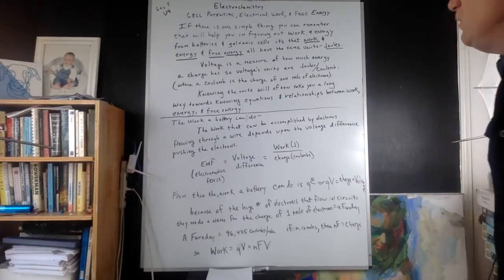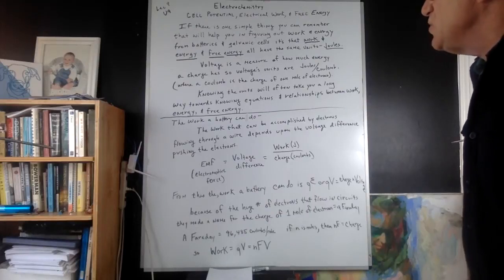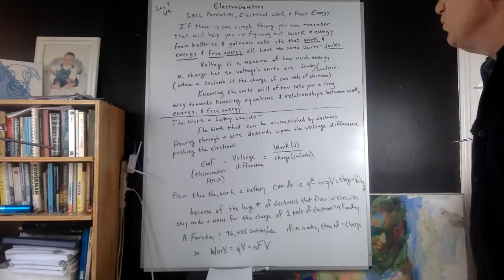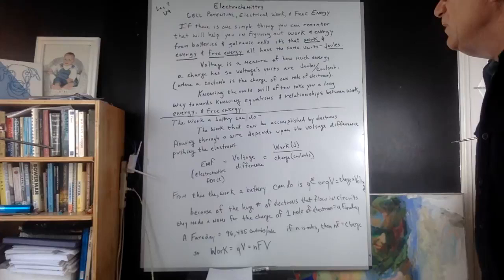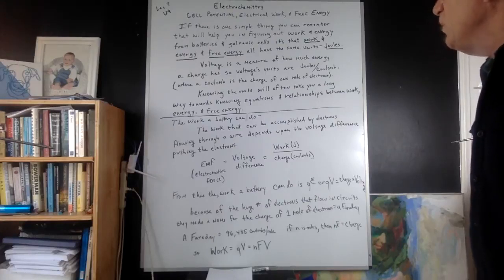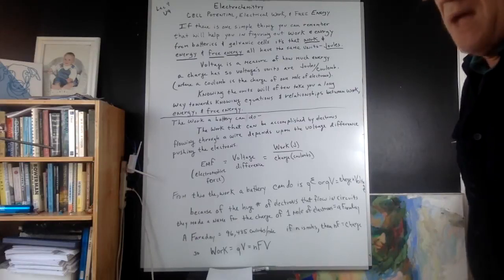And then, voltage is a measure of how much energy a charge has. So voltage's units are joules per coulomb, where a coulomb is a charge of 1 mole of electrons. Knowing the units will often take you a long way towards knowing equations and relationships between work, energy, and free energy. So now, the work that a battery can do,